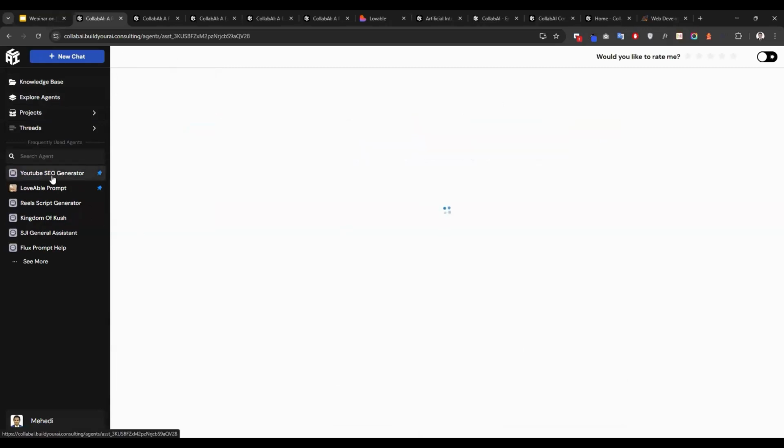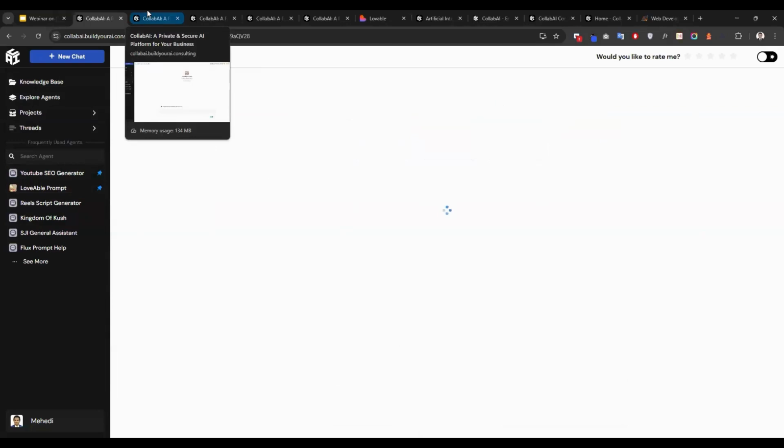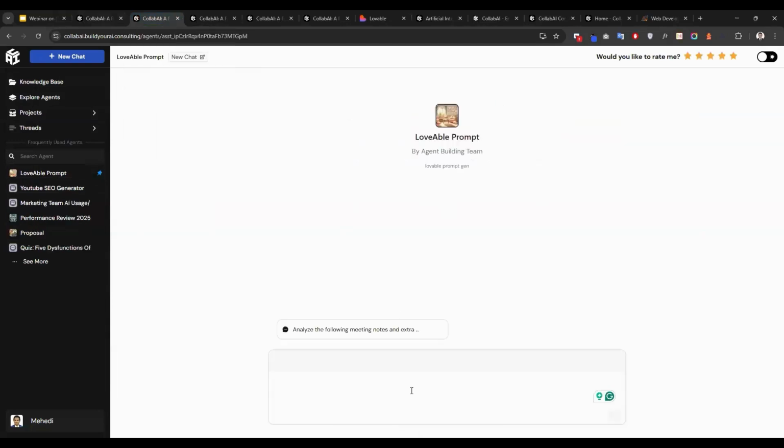Okay, so let's go for some of the agents that I use regularly. Some are loaded, so let's go from there. It's called the Lovable prompt agent. How it works: consider you are talking with a client about a specific project and you want to build a website from the discussion with the client.